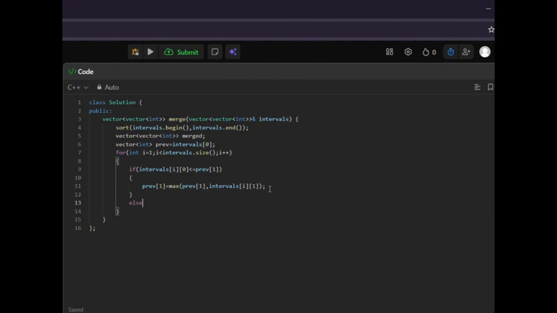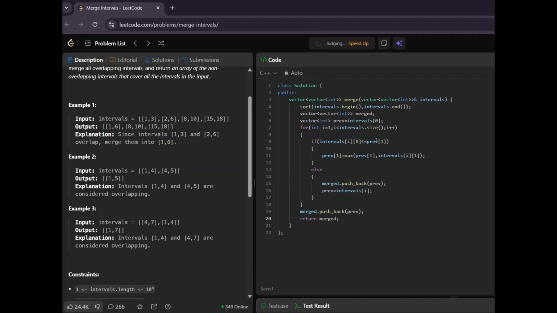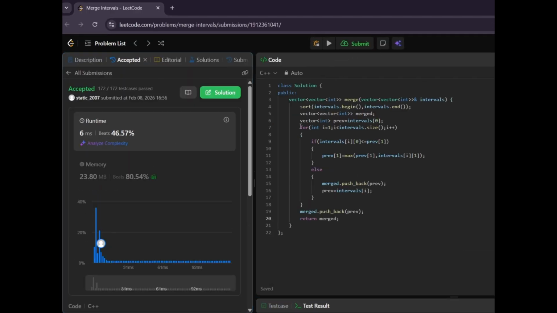And if it is not, then we are simply going to merge it. Push back previous, and we are going to change the previous value. And after this, obviously, we are not going to ignore the last one completely. We have to add it in the merged list. So for that, merged dot push_back previous, and return merged. That's it. So that is